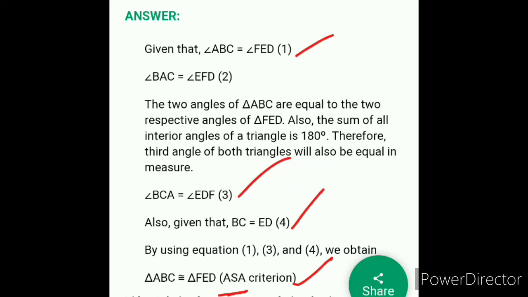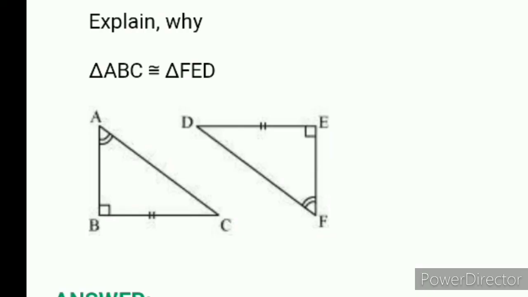Yes, till this we completed our chapter 7, congruence of triangles. These are all the questions. All these questions we have done are very simple and easy, and at the same time this concept is a very important concept in geometry. Got it? So the thing is what congruent triangles are, what the criteria are, and how the criteria are used to prove that any two triangles are congruent. Yes, thank you.